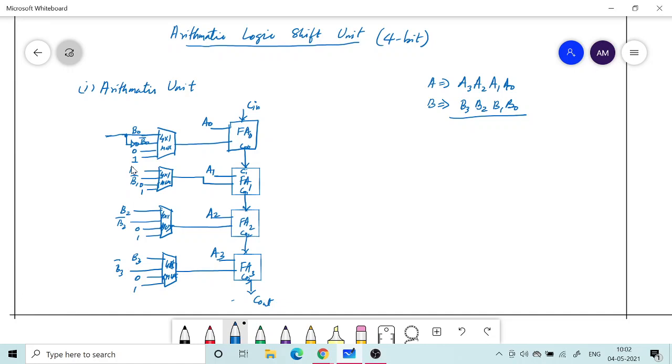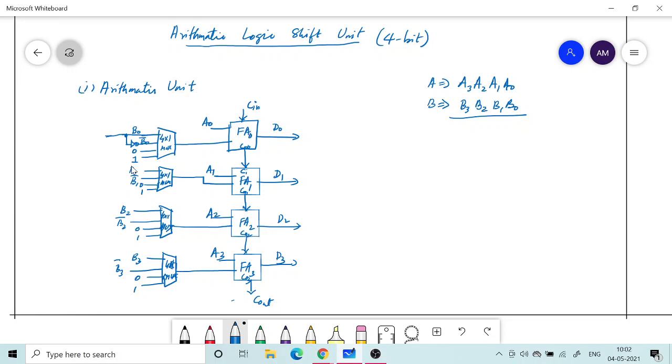Okay, so now we are going to see what the operations are. So let me say that these are the outputs. Let us take them as D0, D1, D2, and D3. Okay, so these are the outputs. Depending upon the operation that I do, I get the D output and also a carry output.